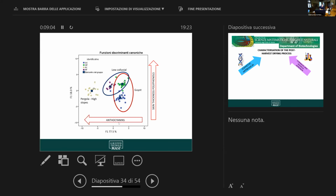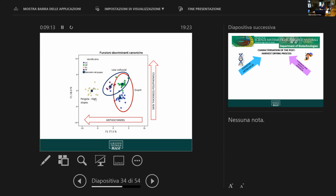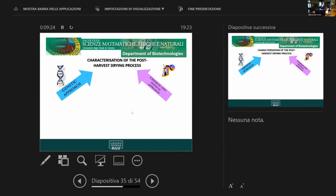And then we have an increase of anthocyanins and the skin thickness and polyphenols when we are in the high slopes and we maintain the pergola. If we go to the Guyot, the anthocyanins and the skin thickness is much lower. And then we study also what happened in the berries. This is what we did with Verona University and the Department of Biotechnologies, and with Bordeaux University. We had a genetic approach and chemical approach to the grape that we make,